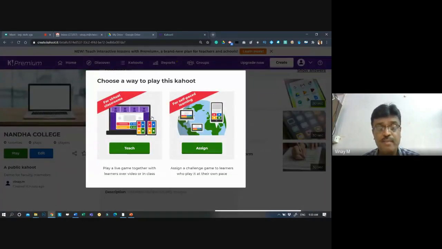Okay, see, whenever we play in Kahoot, these 2 options appear. One is I can assign, I can teach. Teach is when I'm online, when my students are online, I play on my system, then it works. You need to go to kahoot.com, kahoot.it. That's faculty goes to kahoot.com, student goes to kahoot.it, and they enter a game pin and they start working. That is if we are live, that is the synchronous mode of teaching and learning. It's a very interesting game which we can play with our own questions. No, sir, I am not present here. The same process you did for Mentimeter and WooClap, you have to do in this case, the first one called teach. Now, the difference is where I assign this.